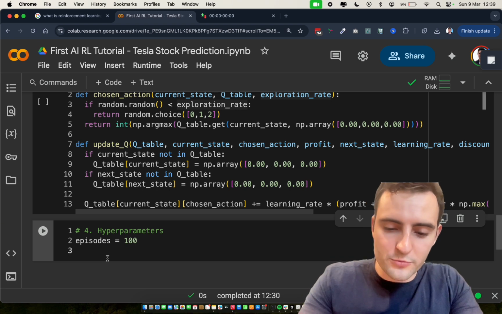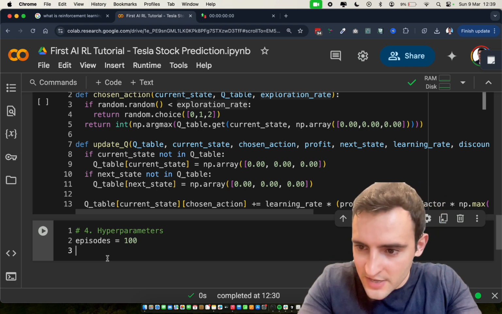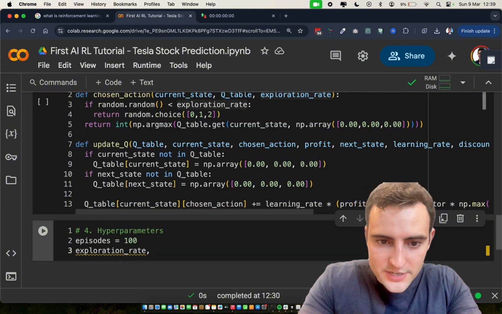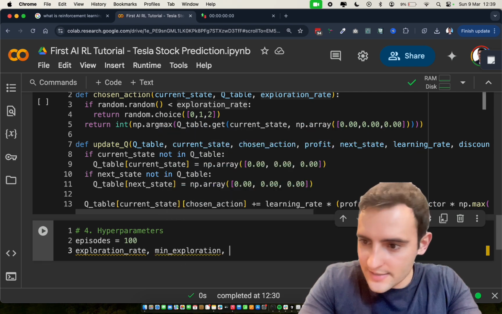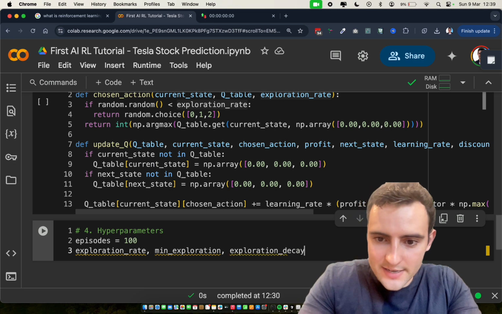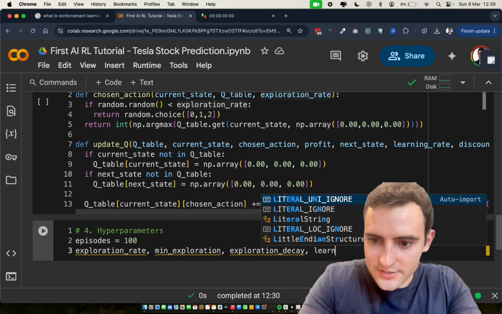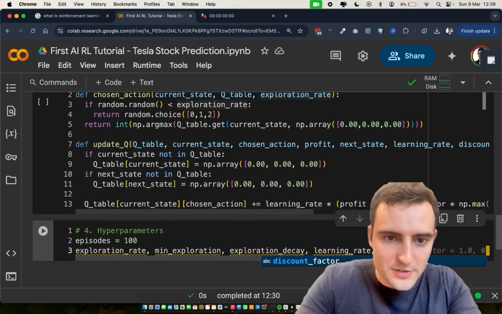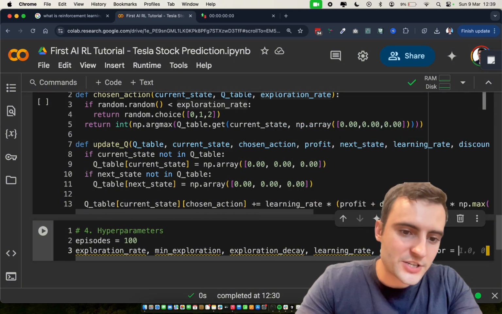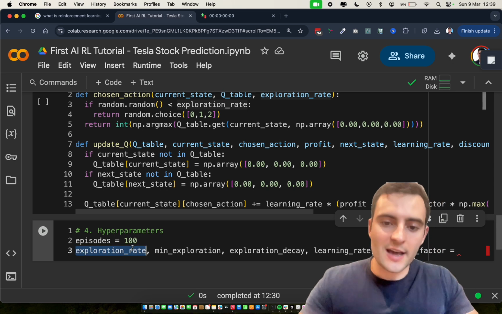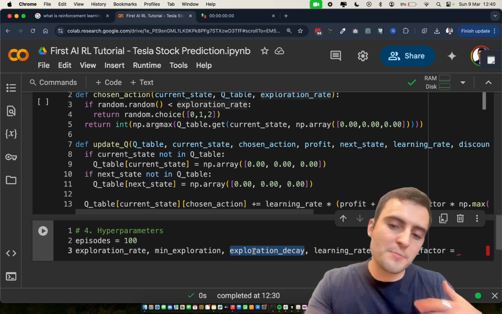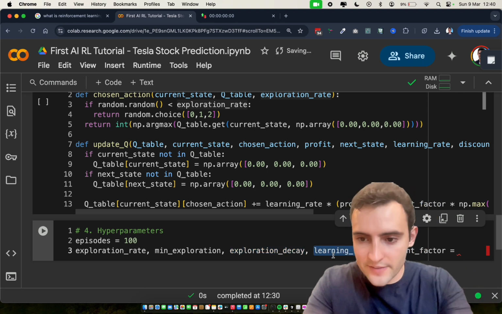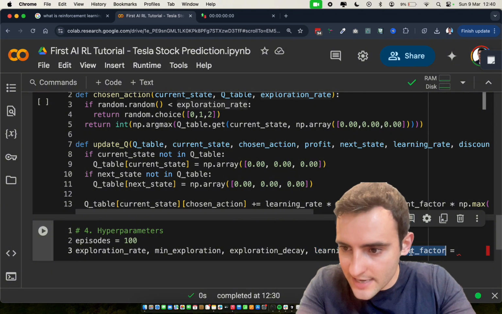And here, just hold on with me. We're going to define many variables. So we're going to write the exploration rate, the minimum exploration, the exploration underscore decay, the learning rate, and the discount factor. These are all of the variables that you need in reinforcement learning: how much it's going to explore, the minimum exploration, how the exploration should diminish over time as you've already learned a lot, the amount that it should learn, and a discount factor is how much it should discount